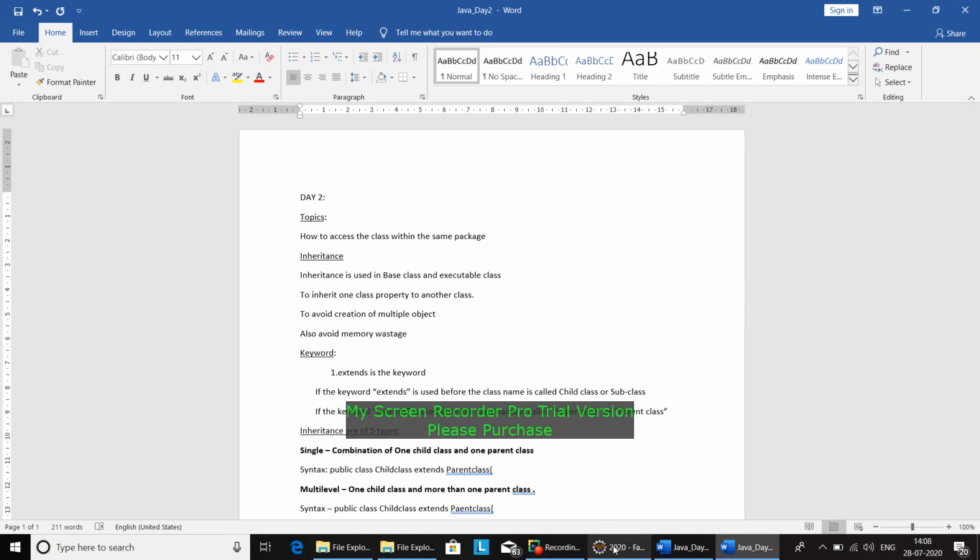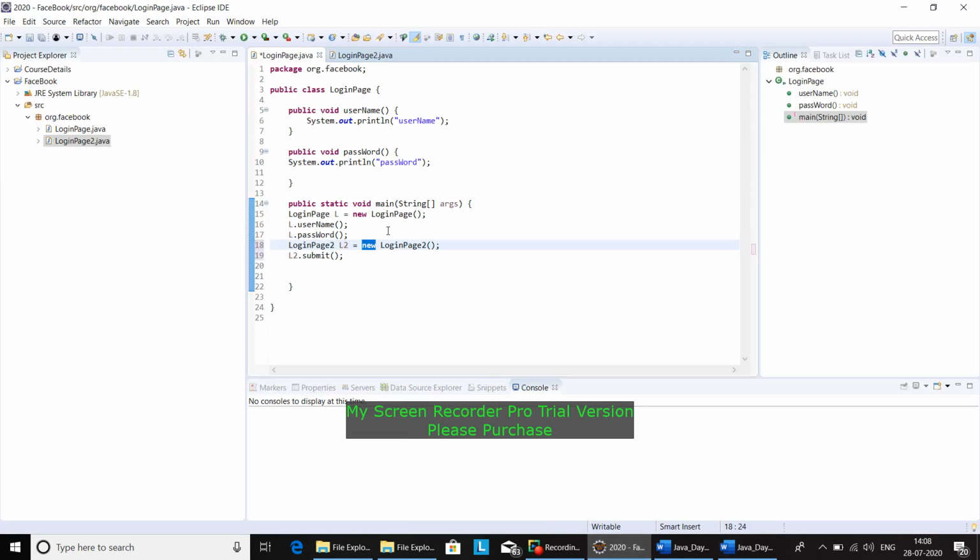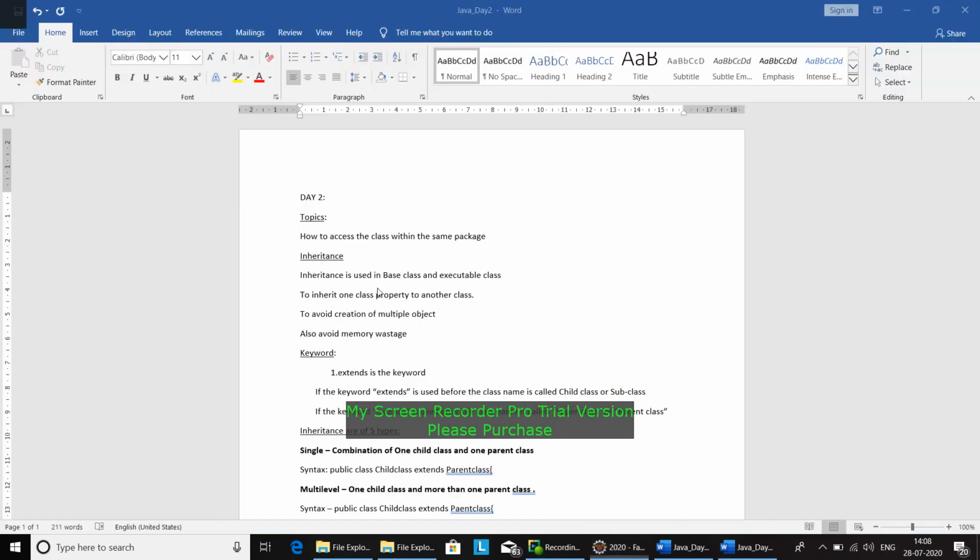See, for example, now we call the method from one class to another class, but how do we call that method? By creating an object. Already we have one object called L here, and we have created one more object called L2. But in inheritance we don't have to create multiple objects, due to which we avoid wasting memory.